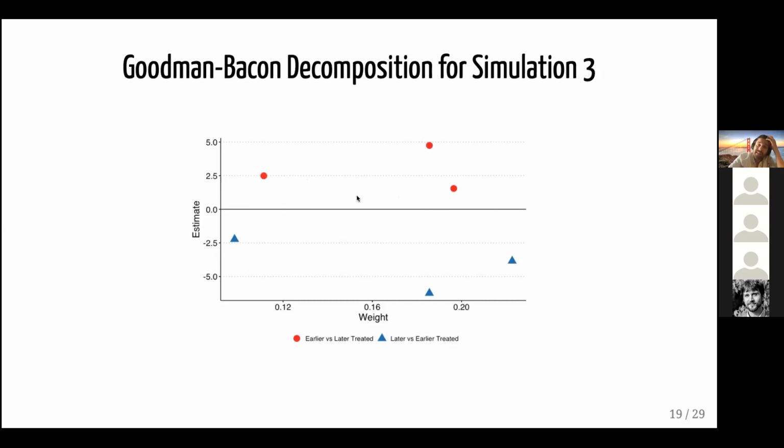And what you can see is it's positive and what we'd expect, centered somewhere around 3 for the ones that are unbiased, but it's negative for the later versus the earlier treated units, which weirdly have a little more weight here. What's nice about this, I like to do, is that if you have a paper and you want to understand what is driving that overall weighted average estimate, this decomposition allows you to do it